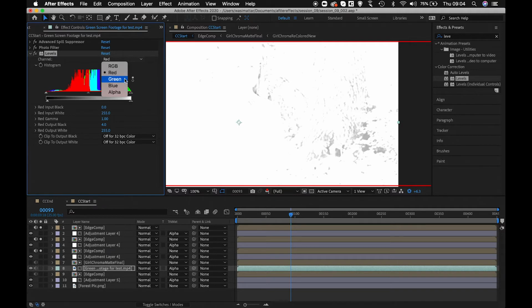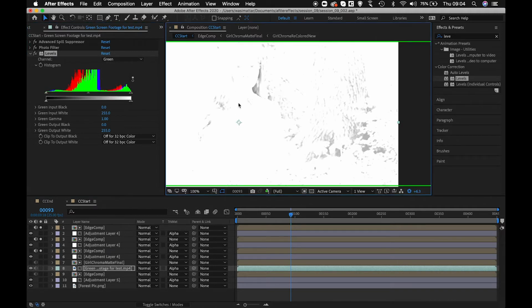Same way, I'll take green in the levels and I'll go to the green channel. I'll press Alt 2. Now if you see over here, there is a mismatch. The black over here is quite grayish. Over here, it's a bit on the darker side. So I can just go to the levels and tweak this. Not this much, I think this much should do. Also I can play with the midtones and get the blend proper. And then I can play with the blacks again. I think this will give me a good output.